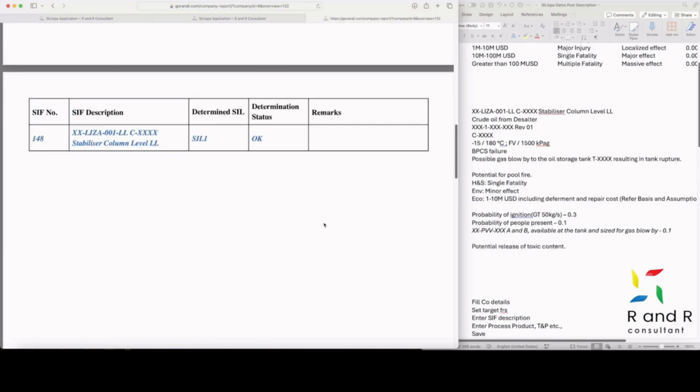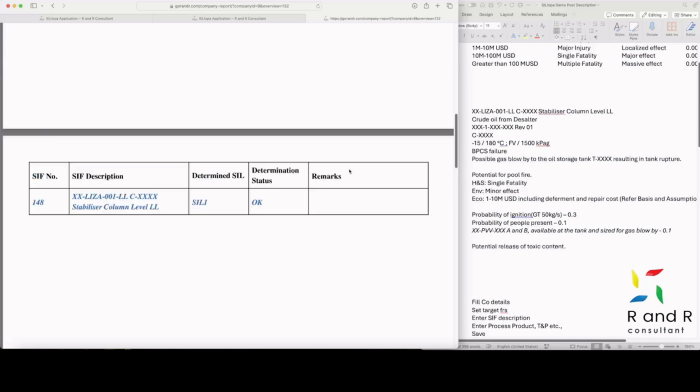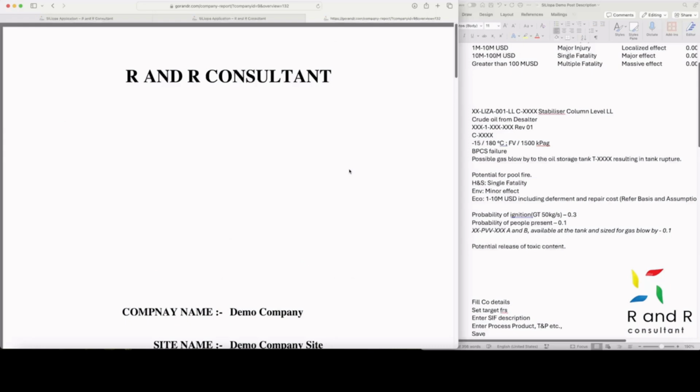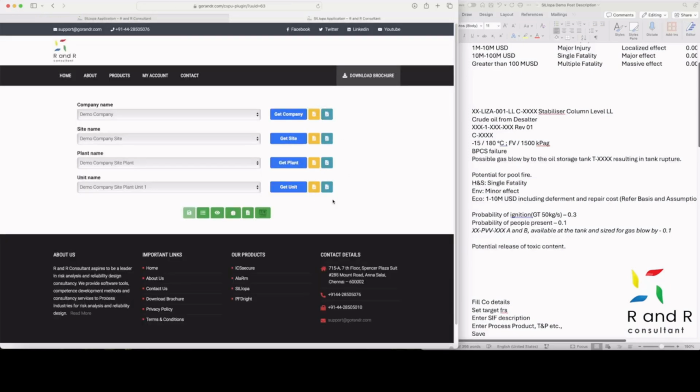SIL LOPA product is available on the GoRNA.com website, and you can subscribe for free use after registration. SIL LOPA incorporates modularity for easy modification if your company has additional requirements. Disclaimer: the level function used here is only for demo and our consultant is not advocating SIL1 for the function.